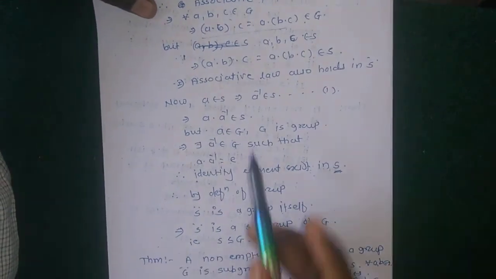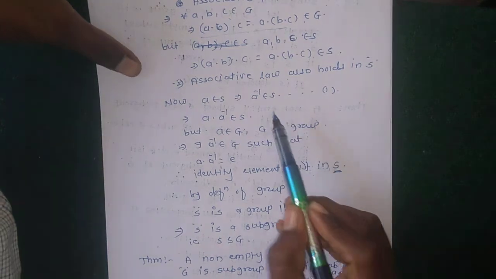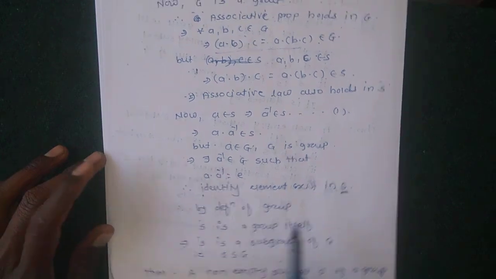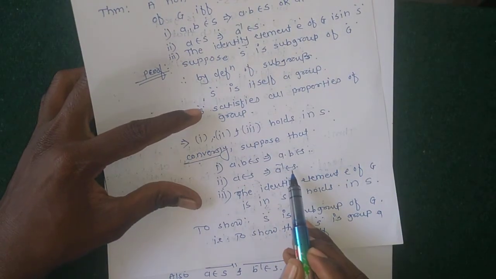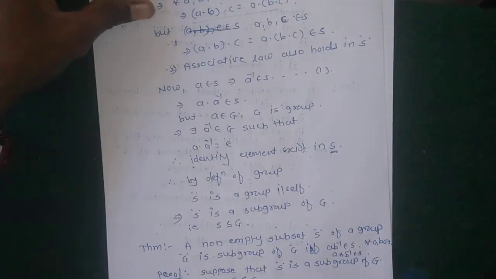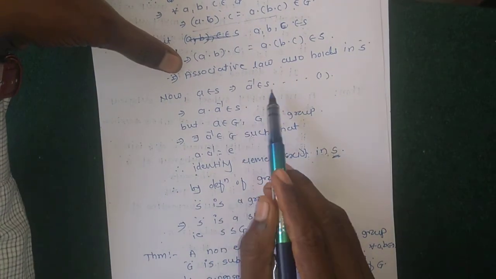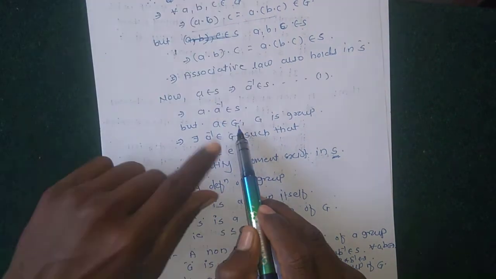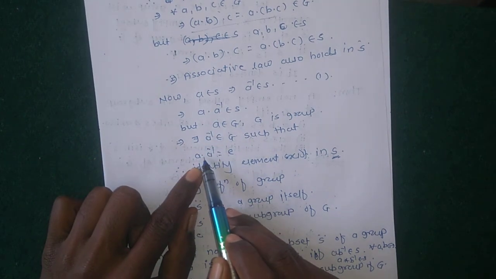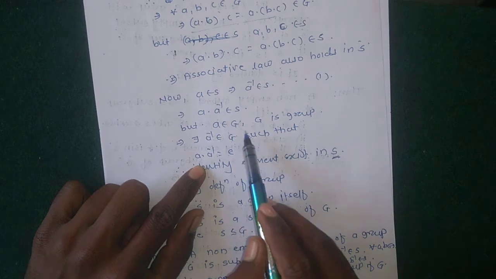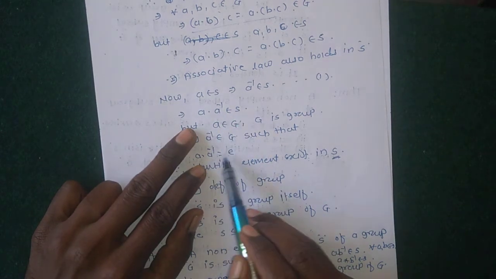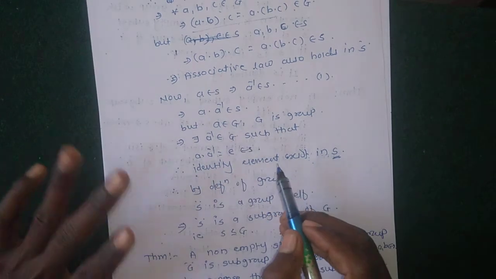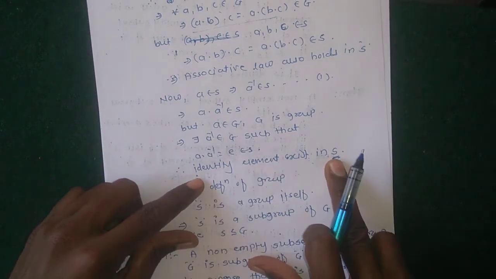Then A belongs to S and A inverse belongs to S, because from the second condition, if A belongs to S, then A inverse also exists in S. But S is a subset of G and G is a group, which implies that the inverse element exists in G such that A into A inverse equals identity. But A into A inverse belongs to S, meaning their value, the identity element, also belongs to S. Therefore by definition, the identity element exists.